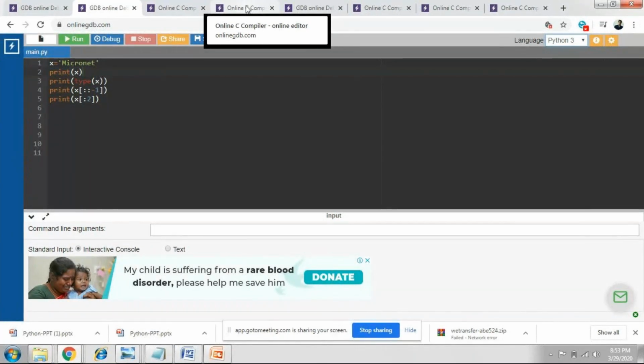Whereas there are several IDEs which are also very free. There is something called PyCharm, and there is Anaconda, which is very famous. It has a full, rich set of libraries. This is also freeware, so you can directly download it and use it as you wish, because it includes every library.